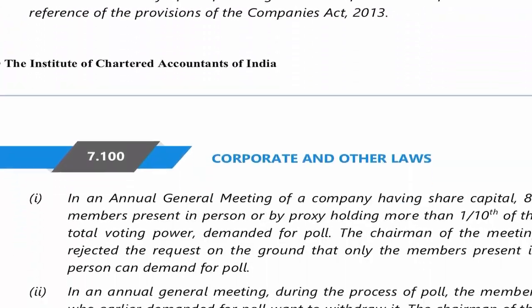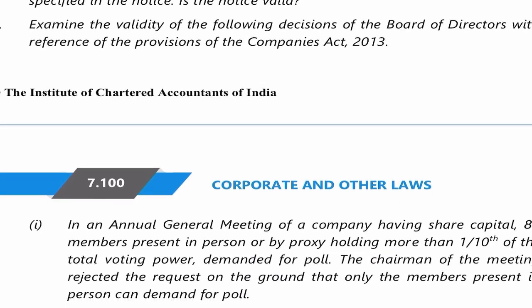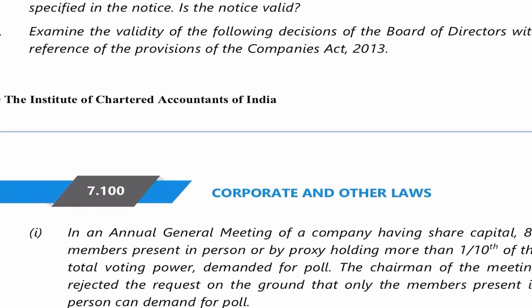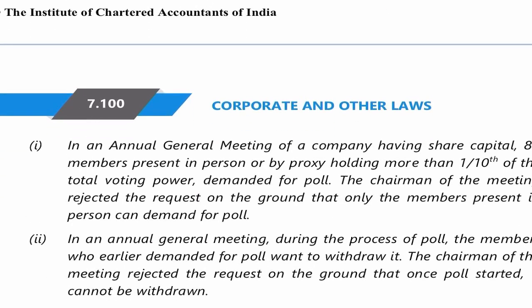सातवां पढ़। Examine the validity of the following decision of the board of directors with reference to the provisions of the Companies Act 2013. In an annual general meeting of a company having share capital, 80 members present in person or by proxy holding more than 1/10 of the total voting power demanded for poll. The chairman of the meeting rejected the request on the ground that only members present in person can demand for poll. बोलो।